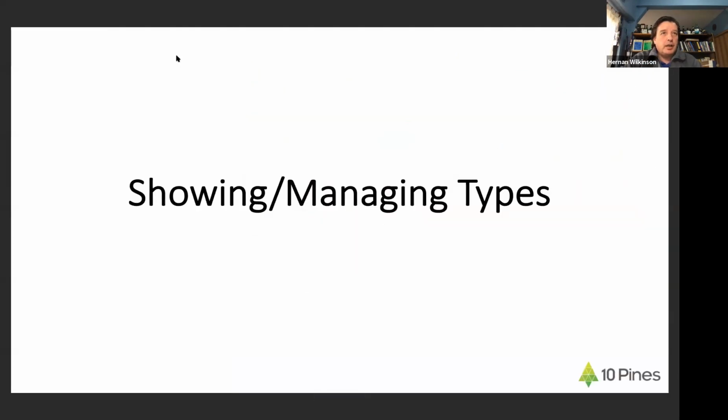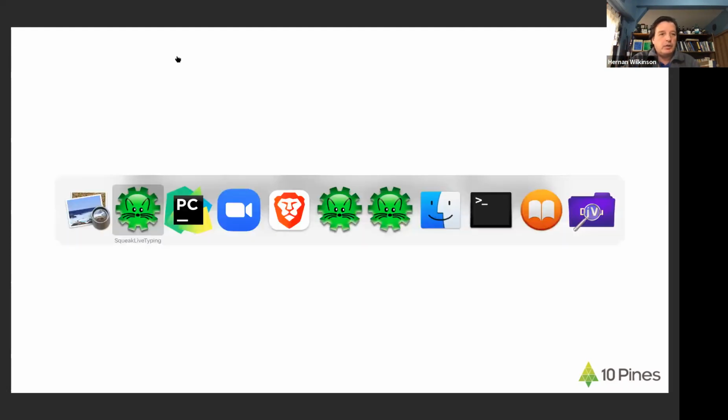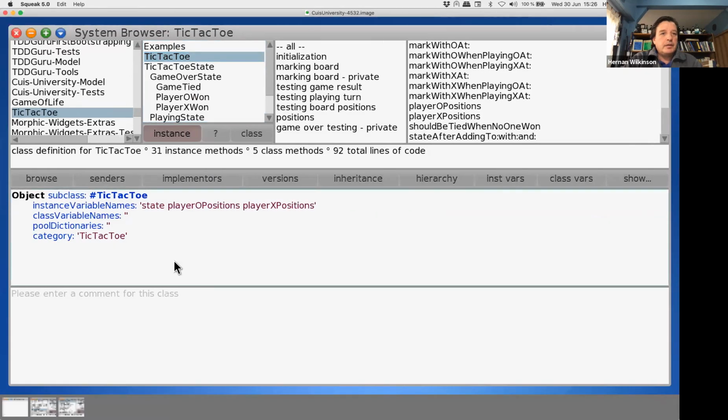So the first one I'd like to show is how you can see the types while you are using or writing the code. The way it is working right now, when you want to see the type of an instance variable, a local variable, a return, or whatever, you just put the mouse over the variable and it will tell you the type. In this case, the type is, I don't know, a question mark, because I haven't run the code, I haven't run the test. So if I run the test,